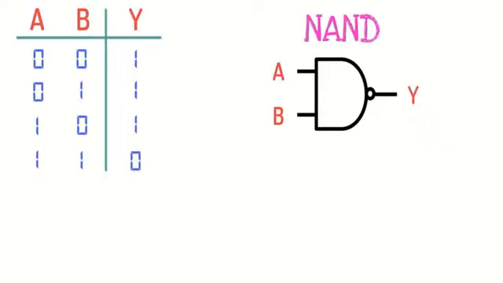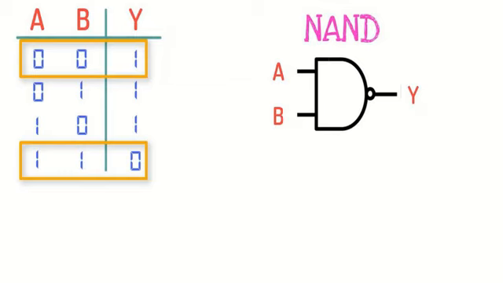Let us look up the truth table of NAND gate. In case 1, when both the inputs are low, output will be high. In the last case, when both inputs are high, output will be low. Now for that purpose, we have to remember that both inputs should be at the same logic level.